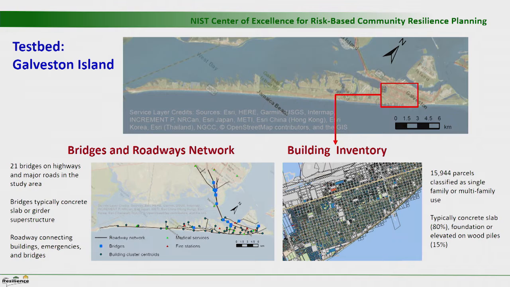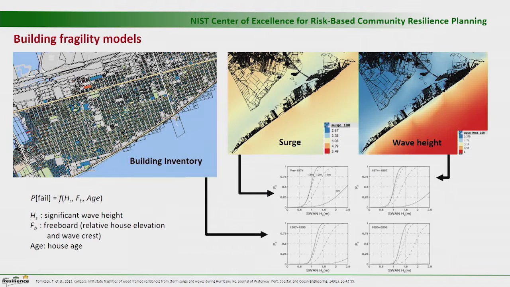This specifically is looking at residential construction for single and multifamily housing. So about 16,000 parcels and roughly 21 bridge structures and the roadway network connecting those to emergency services and medical facilities. The image here is showing the mapping of each of those parcels for looking at vulnerability modeling of our building infrastructure. We leverage those INCORE fragility functions when coupled with hazard simulations to assess the likelihood of damage to